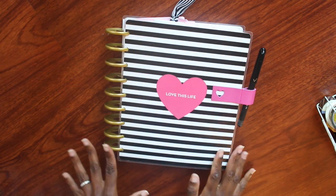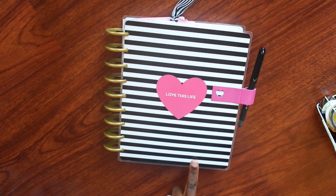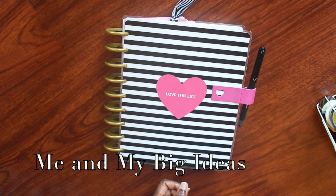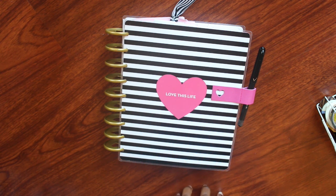First off, this is my happy planner, and this is the current cover that I have on it. This came in a 3-pack of decorative covers, and if you're not familiar, the Happy Planner is by the company Me and My Big Ideas, and they can be found at Michael's and Hobby Lobby. They're very reasonably priced, and usually you can use a 40 or 50% off coupon and get it for like $12 or less. So I bought this one at the beginning of the year, and I'm very happy about